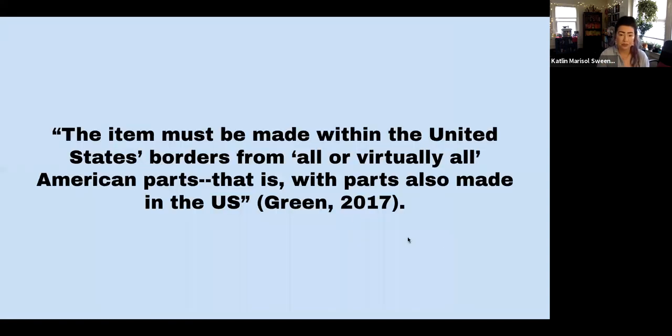Trump's announcement. Now, some of the quotes I wanted to pull to talk about: in this article, Green says, "The item must be made within the United States borders from all or virtually all American parts. That is, with parts also made in the US." Now, what Green is getting at, and that Mertes will also touch upon in her piece, is this question of what constitutes American made. We might use this phrase in a casual or official way, but how exactly are we able to identify this, right? What's the criteria? What's the metric for measuring